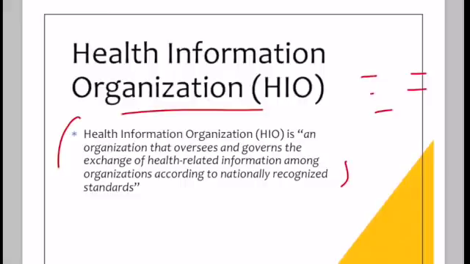After that, you can check your definition against this definition. We define an HIO as an organization that oversees and governs the exchange of health-related information among organizations according to